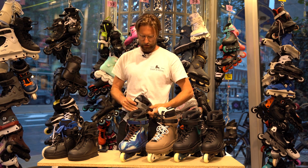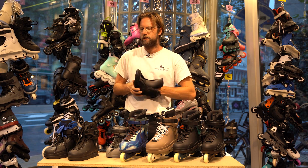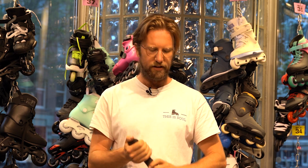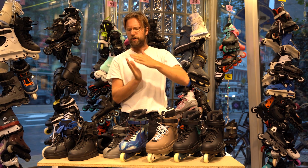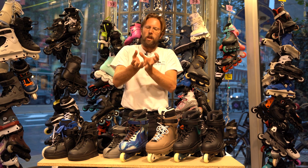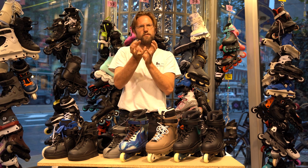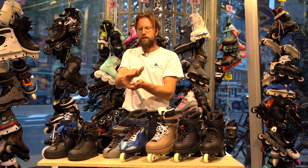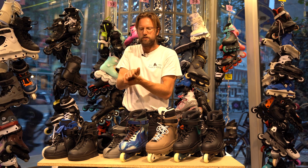So right now I'll show you. The insole of this skate is really, really flimsy. It's actually nothing much. You can just roll it like this. And you want to have an insole that's specially made for a type of boot like this. Because if you have a walking shoe, you can roll your foot off like this. But in a skate, your foot is fixed. So there's a special type of insole for a fixed type boot like this, and it's called a Superfeet insole, and it locks your foot into the position that your foot wants to be in, with a little bit of supination in it, and it has a hard cup for your heel to keep your feet nice and